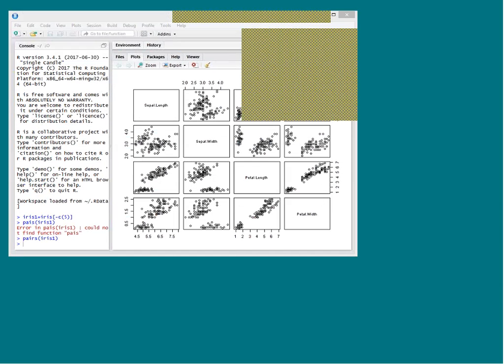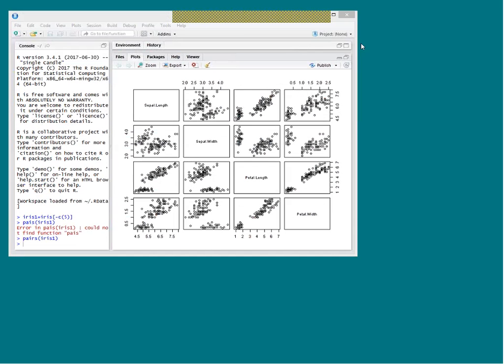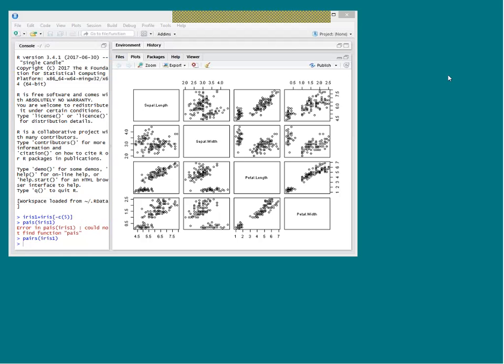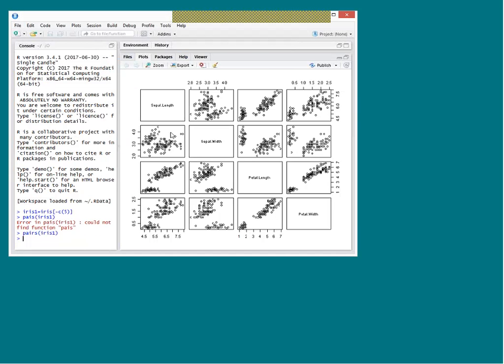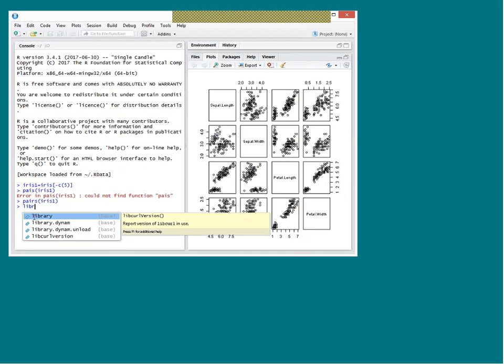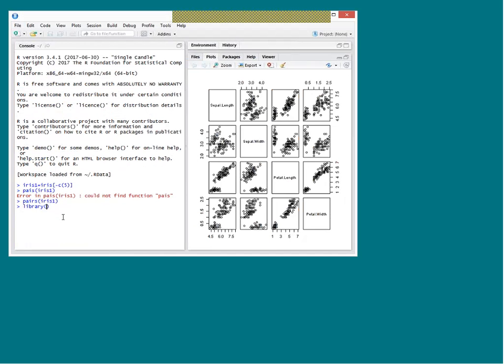So with this is how we will do it. Now we can look at how does there is a library ggplot. So